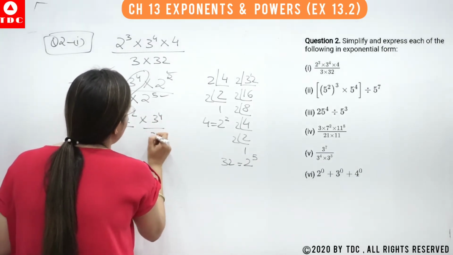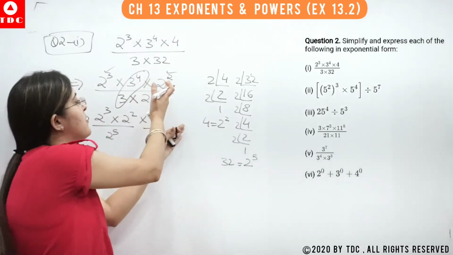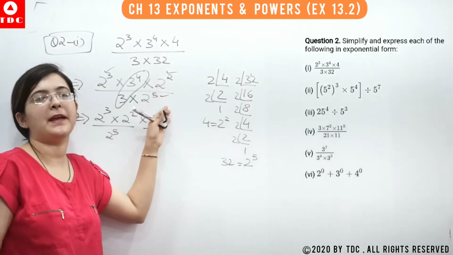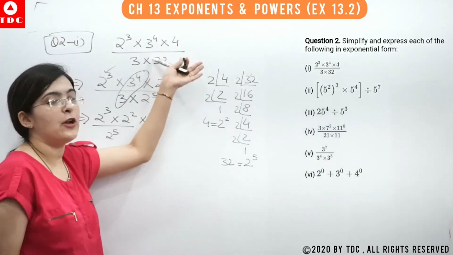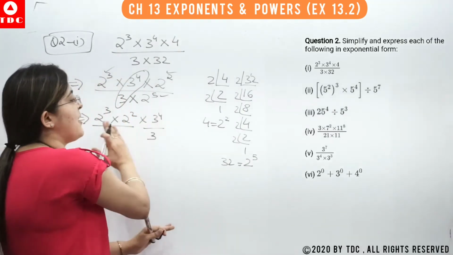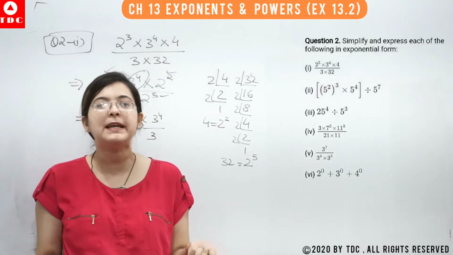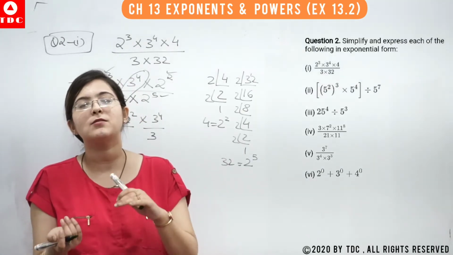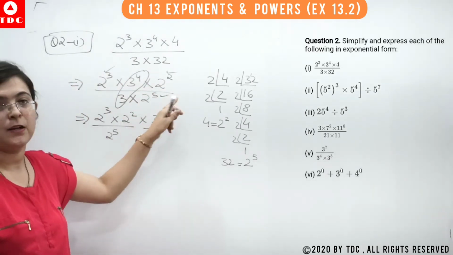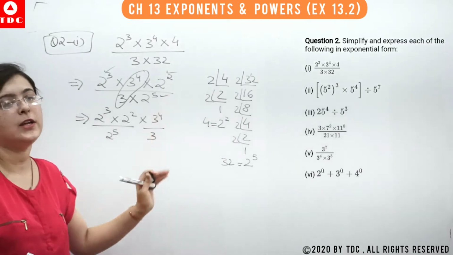What I have done, I have split them. I have written like this only, just written it before. You cannot bring the numerator to the denominator, or the denominator to the numerator. We are not doing this. We are just shuffling the terms from one place to another. That is the commutative property, that 2 into 3 is also 6 and 3 into 2 is also 6. We are doing just that.